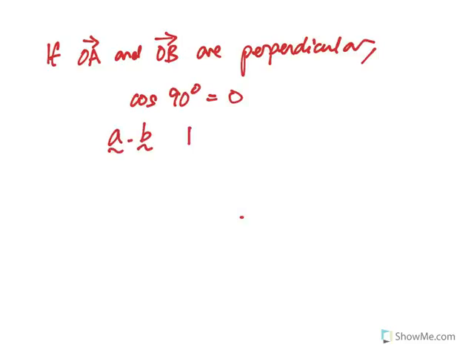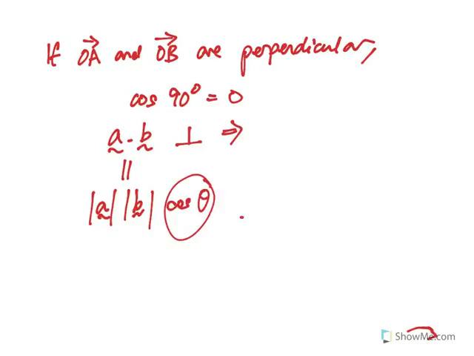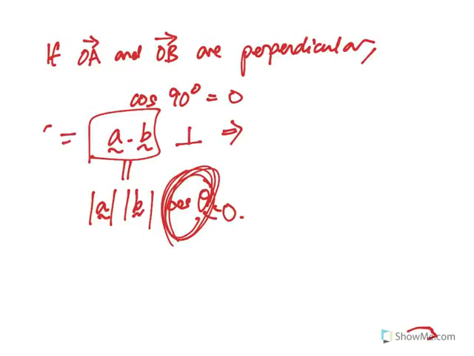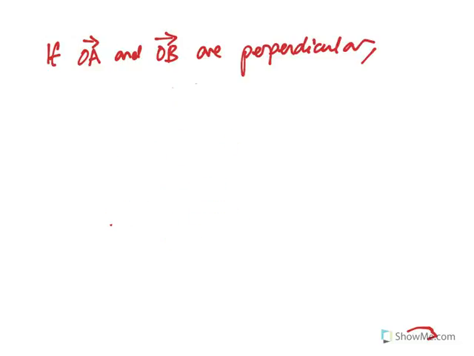This means that A dot B is also equal to the magnitude of A times the magnitude of B times cosine theta, where theta is the angle between A and B. So cosine 90, because it's perpendicular, equals 0, which means this equals 0. So if OA and OB are perpendicular, this implies that OA dot product with OB will be equal